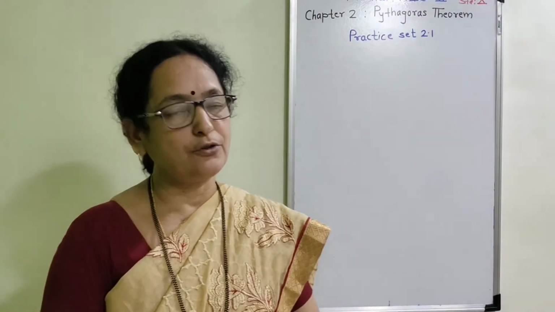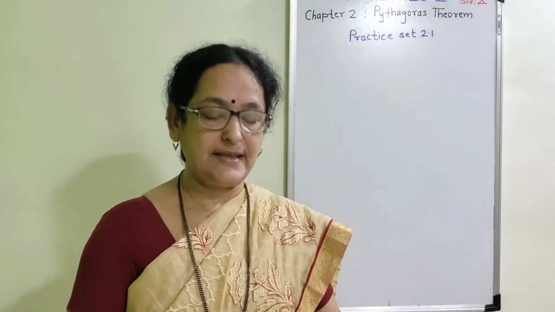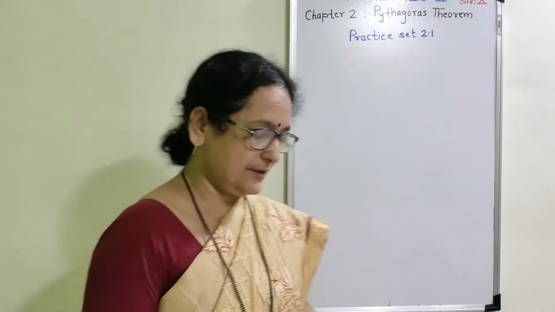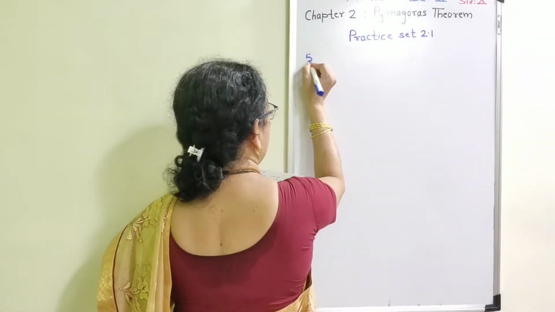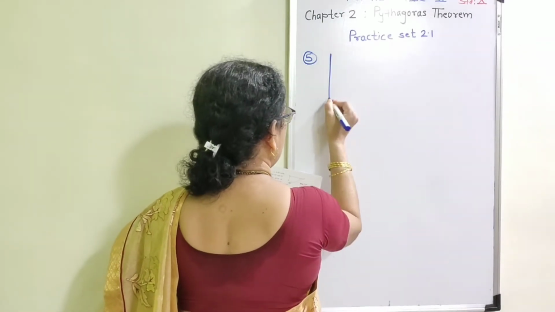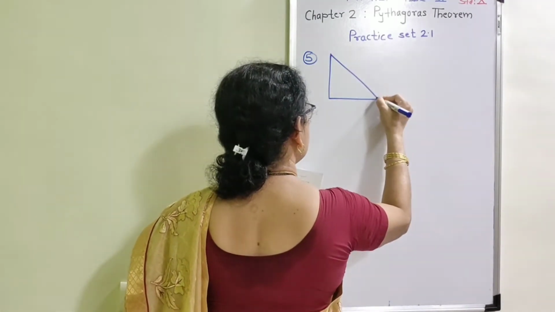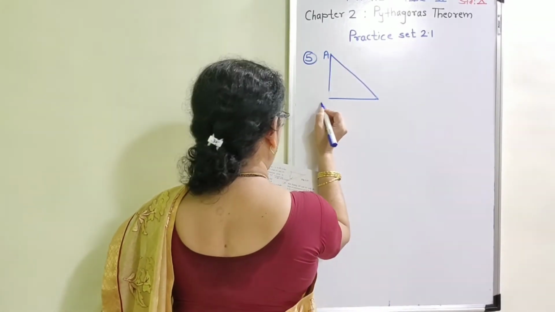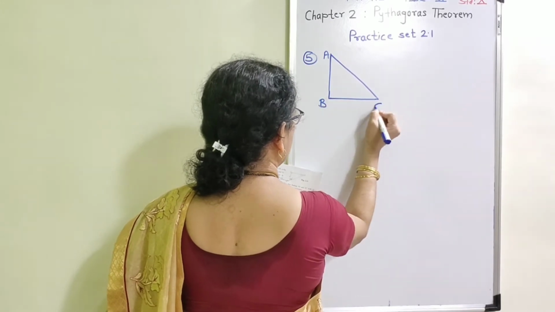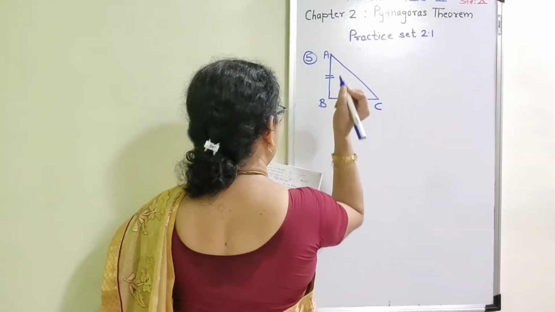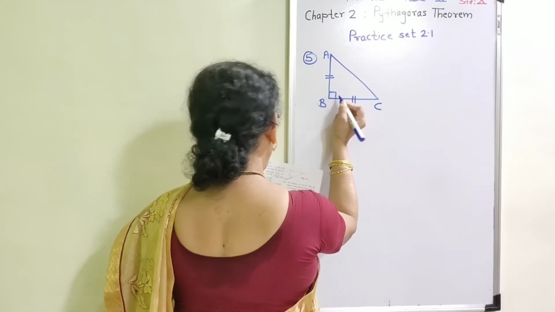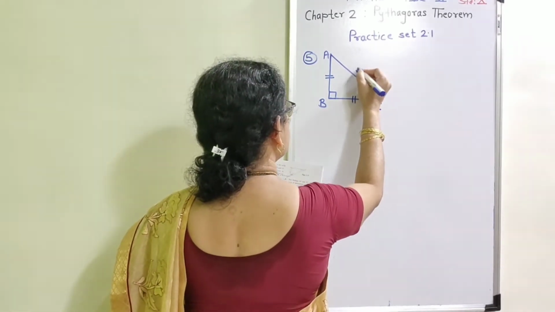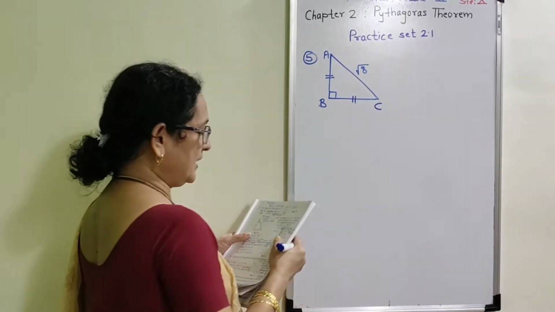Now when you are going to complete an activity, sometimes some steps are not given in the given example. But when you are going to solve that example, please remember those steps also. Now here I am going to draw again the figure which is given. The triangle is an isosceles right angle triangle where two sides which are perpendicular to each other are congruent to each other. They have given that AB and BC are congruent and therefore the type of the triangle is isosceles right angle triangle. They have given the hypotenuse.